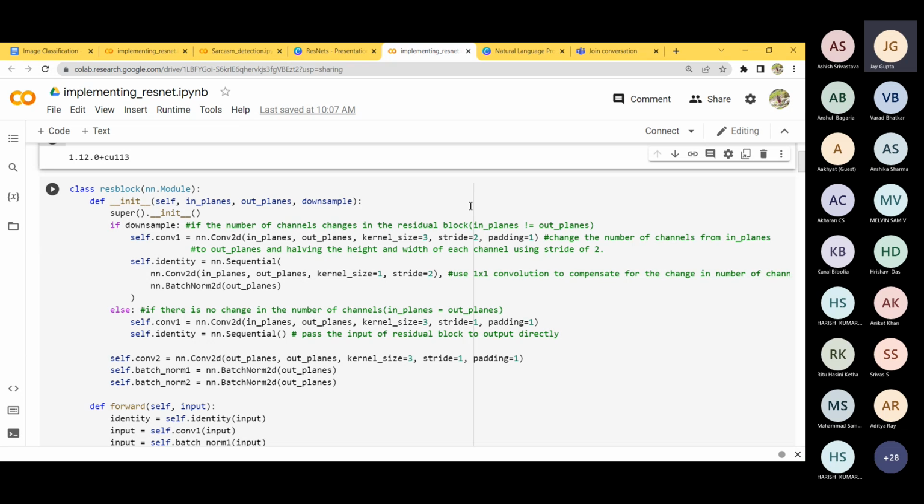So what are we doing if there is a change in input and output channels? We define a convolution one layer with the number of input channels as in planes, the number of output channels as out planes, a kernel size of 3, and a stride of 2 to decrease the height and width, and a padding of 1. And then we are defining the skip connection. So the skip connection keeps two layers. First is a 2D convolution with a kernel size of 1 cross 1, with input channels in planes, output channels out planes, and a stride of 2 to decrease the height and width, and a batch norm